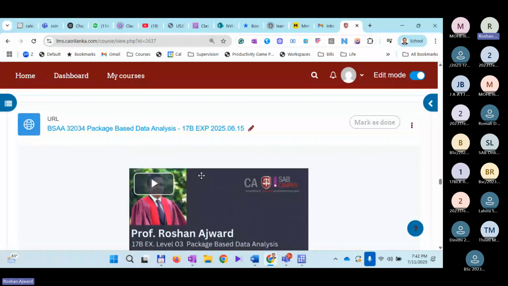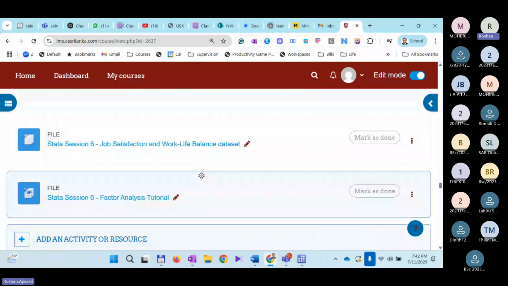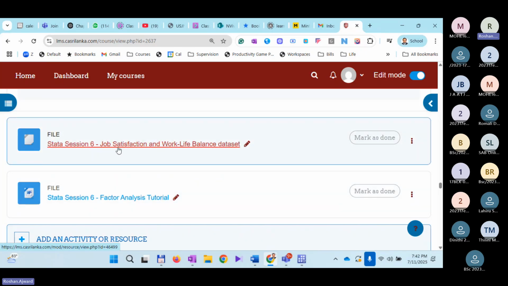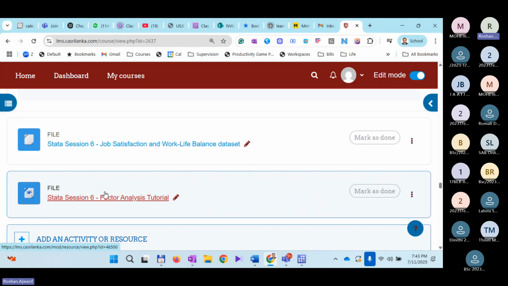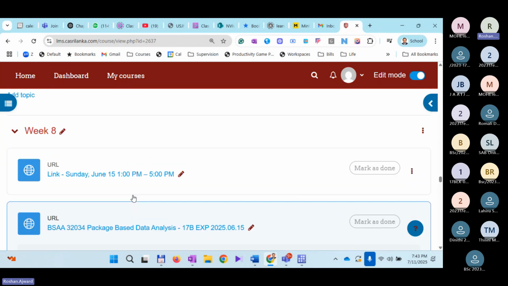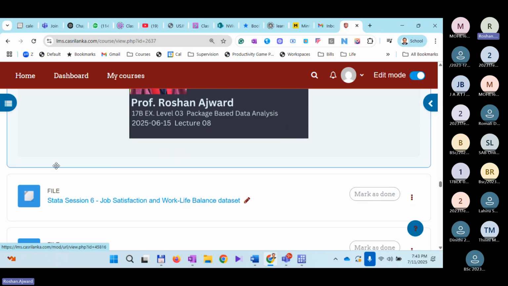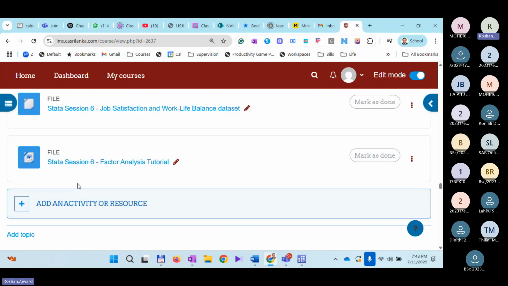Actually what we were discussing was the reliability and validity analysis. We discussed these things under session number 6. So please, I would encourage you to download these two again. Factor analysis tutorial, which is under week 8, right? Under week 8, please download these two files and please open that, right? And then we'll try to navigate